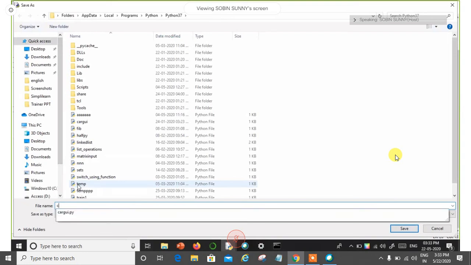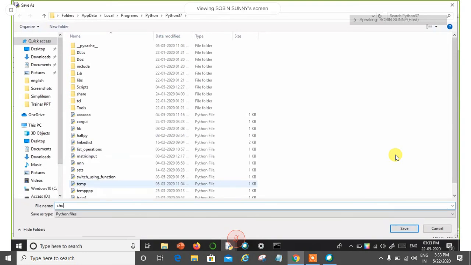So what you have to do now, you have to give some other name like Chotu bot, Chotu chat. Okay, I'm just using some name like Chotu chatbot. You also have to see which is the working directory. The working directory is AppData, Local, Programs, Python 37. This is the directory where the program is going to get saved. I repeat, please do not save the program with the name chatterbot.